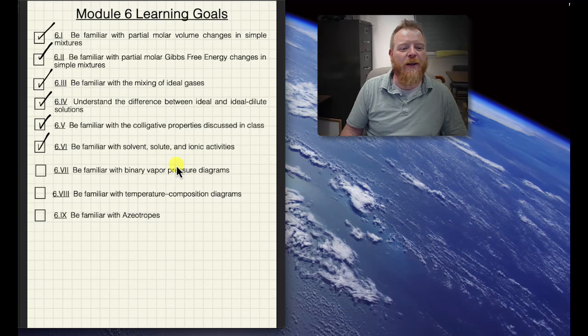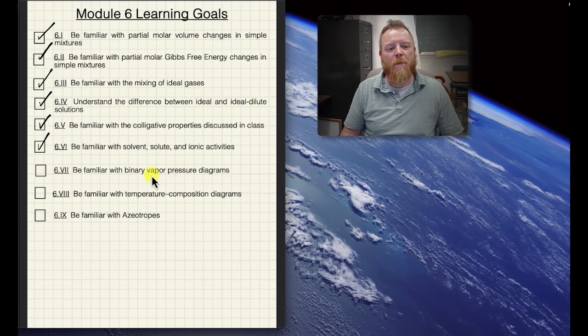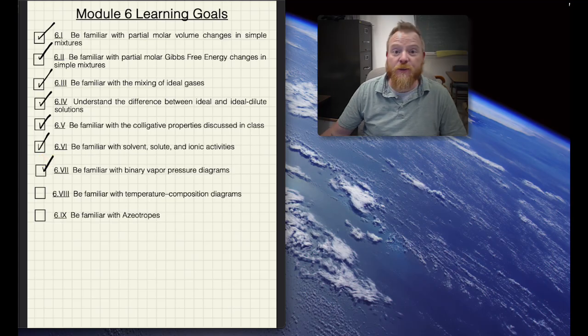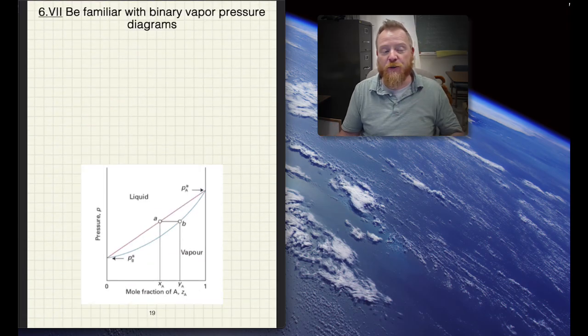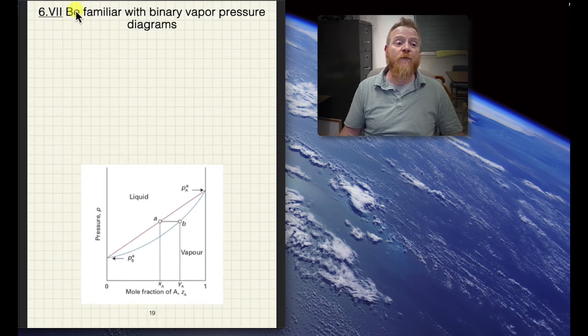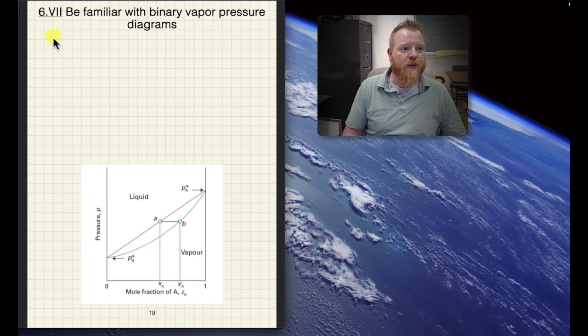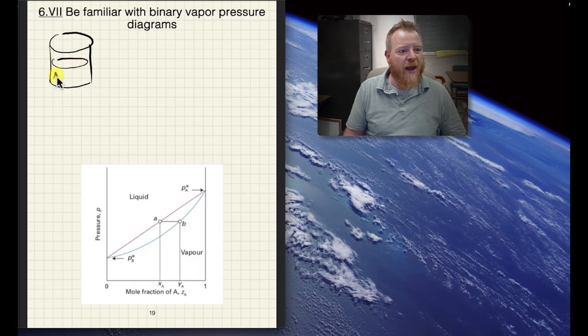Okay, folks, we're gonna shift into this binary vapor pressure diagram here. So still describing properties of mixtures and solutions, but now we're looking at a solution made of two volatile components, right? So we've got some container containing a mixture of A in the liquid and B in the liquid,